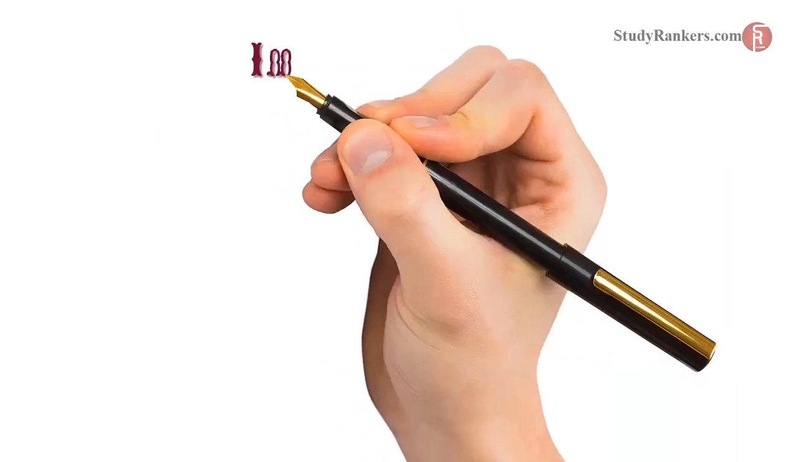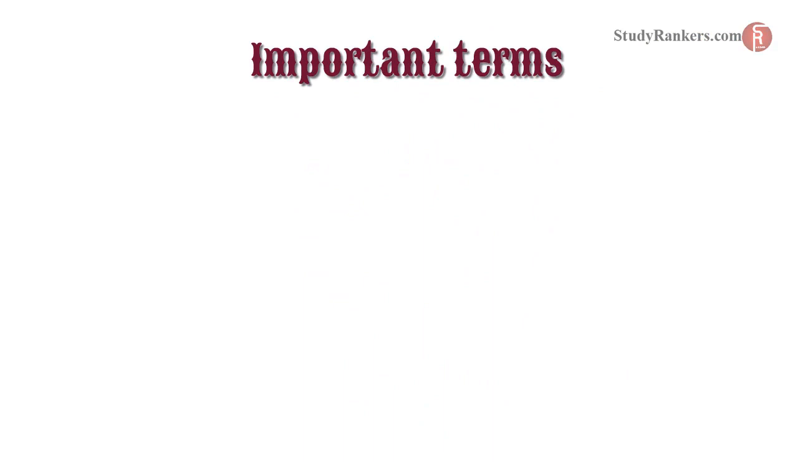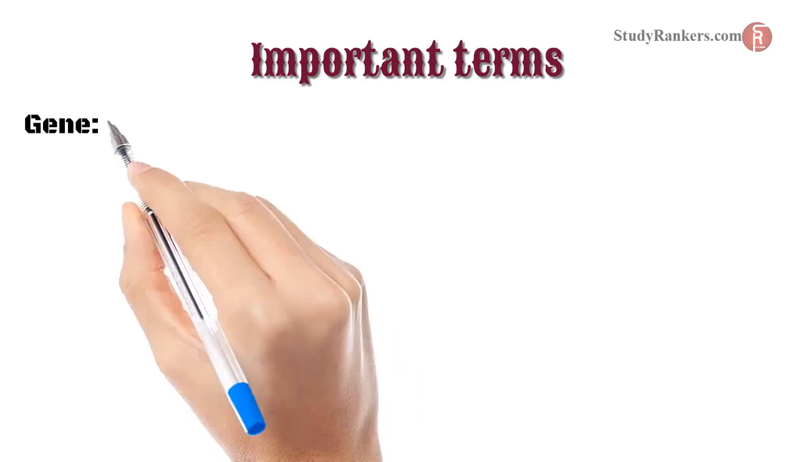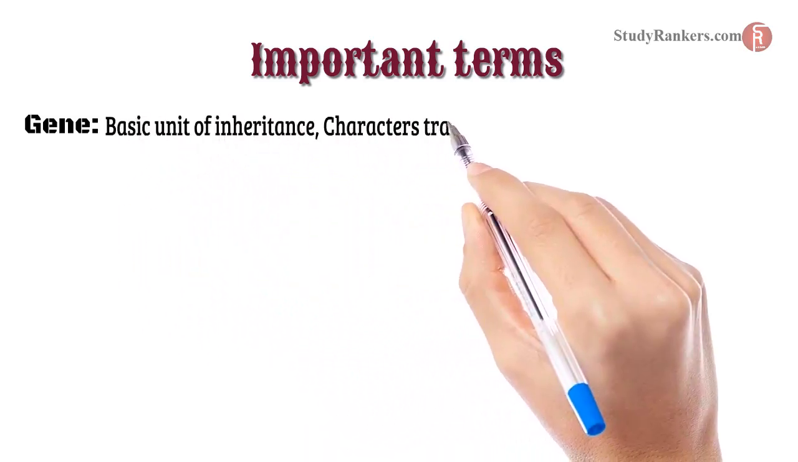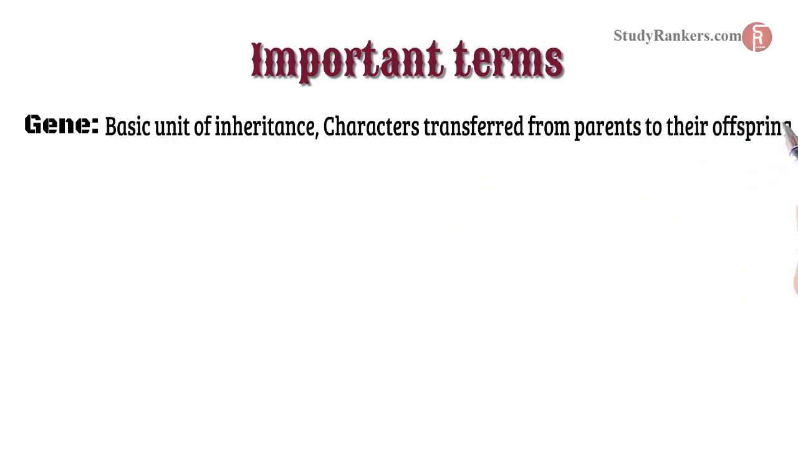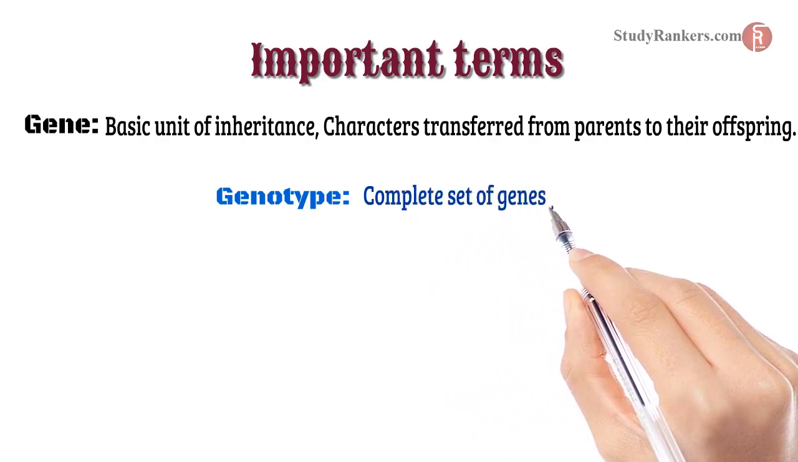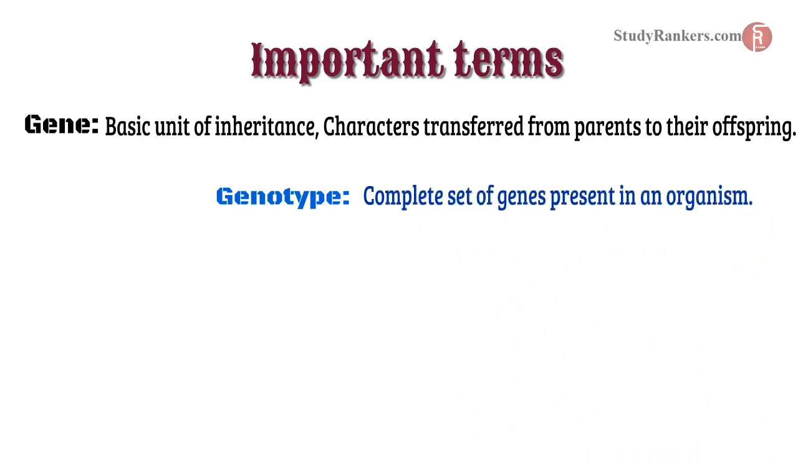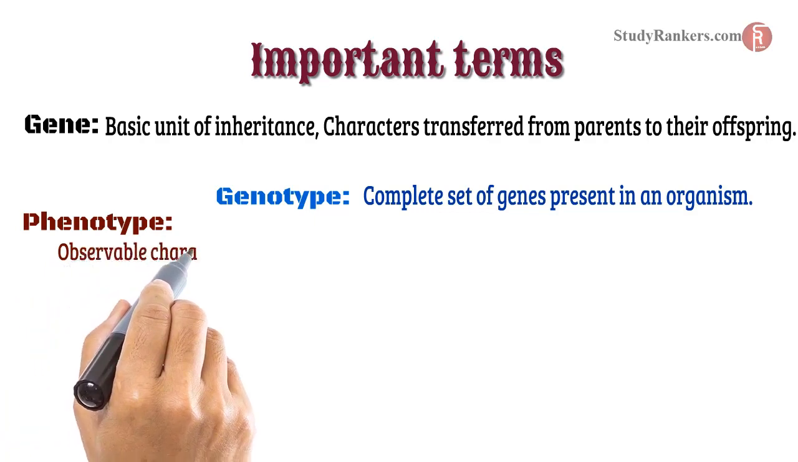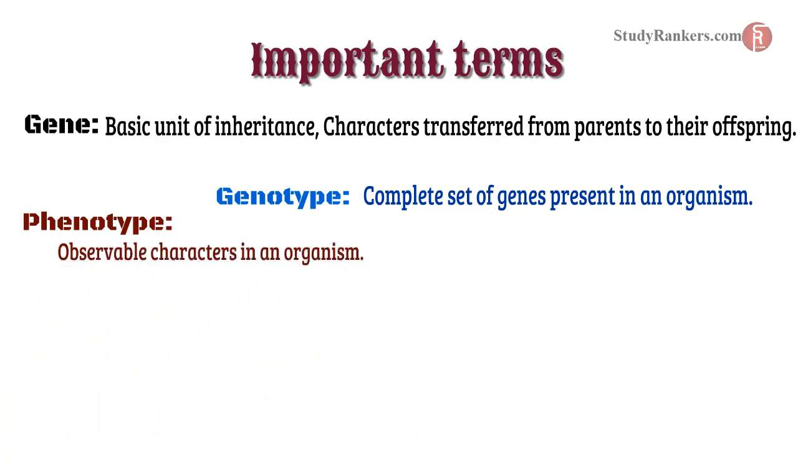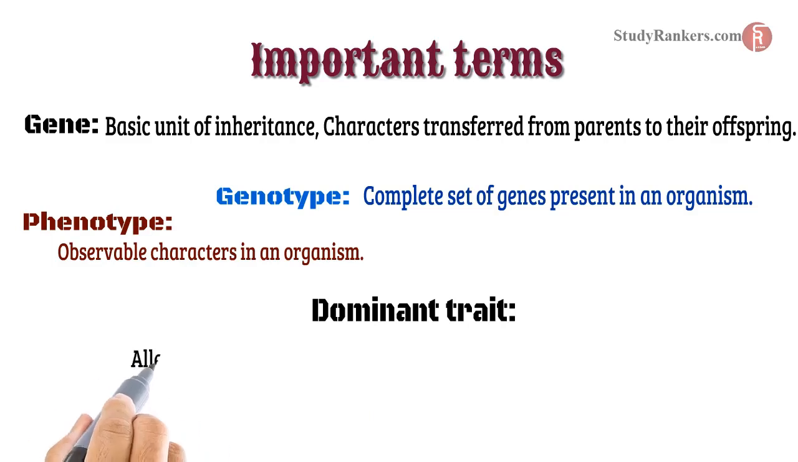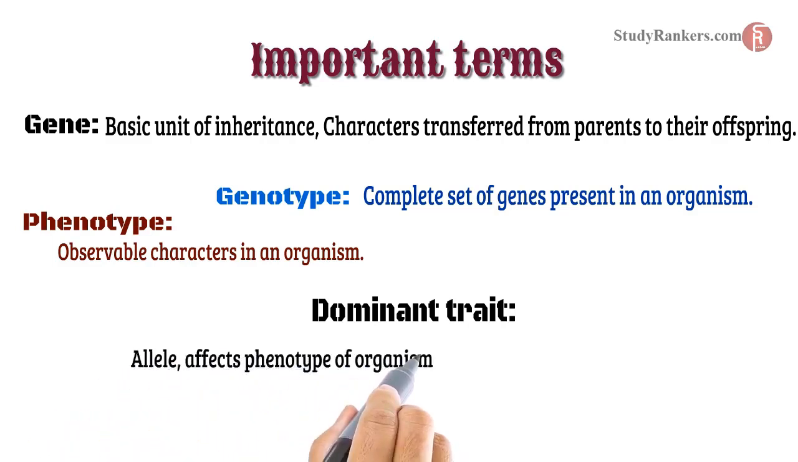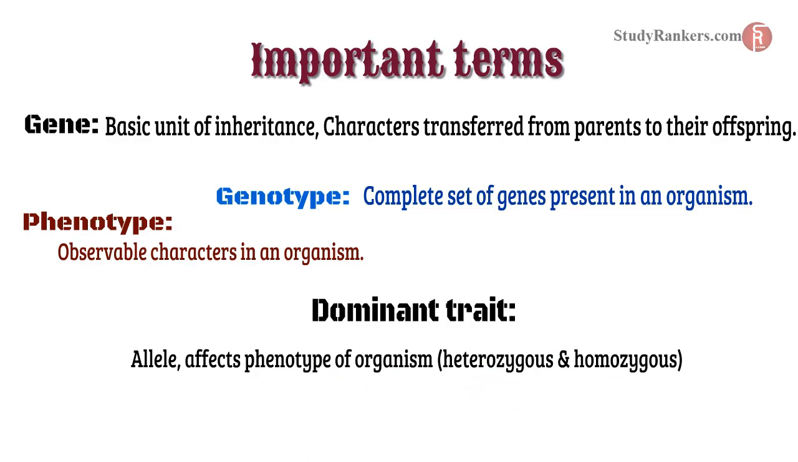Before starting Mendel's work, we should be familiar with some important terms, which are helpful in study further. They are gene, basic unit of inheritance, characters transferred from parents to their offspring. Genotype, complete set of genes present in an organism. Phenotype, observable character in an organism. Dominant trait, allele that affects phenotype of organism. Heterozygous and homozygous condition